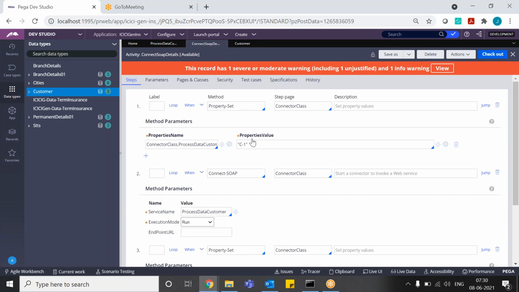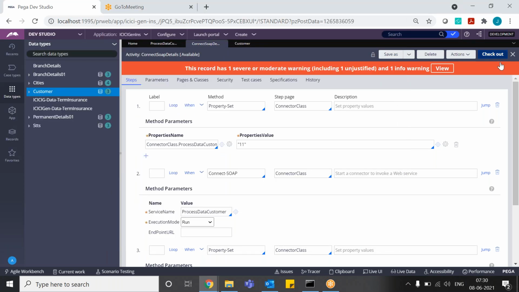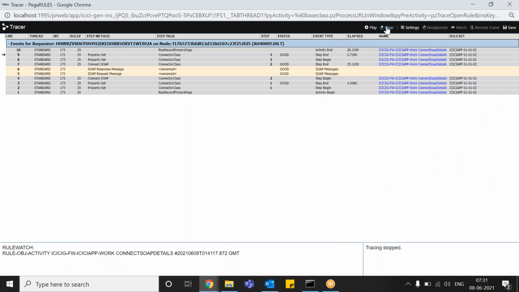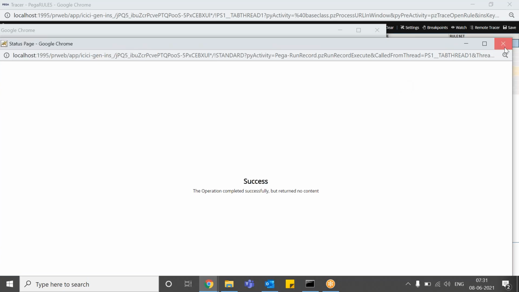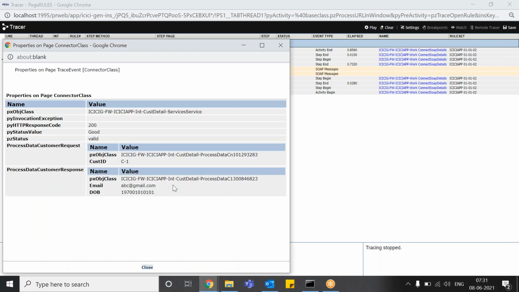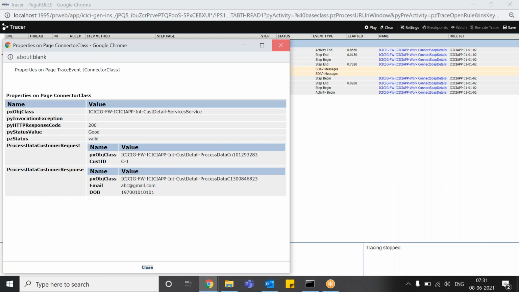C-1 antenna. We have 11 to 1, something like that. It is not taking the values.